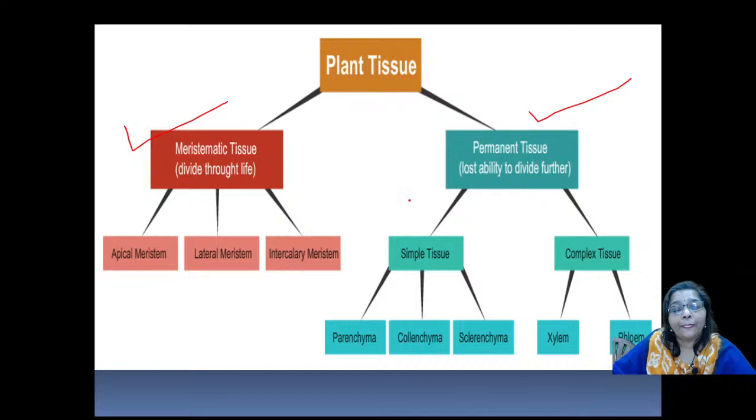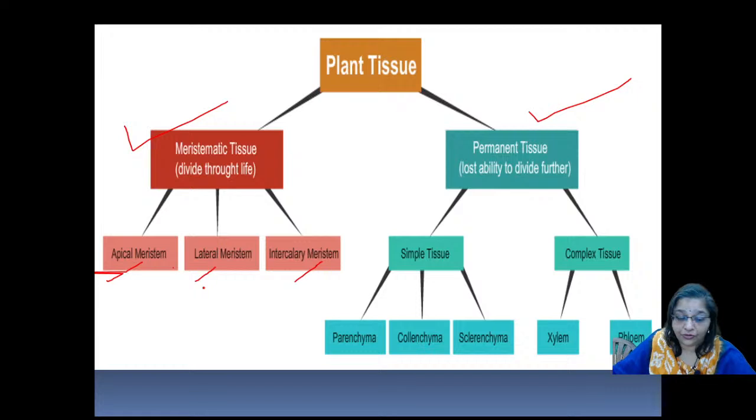Okay, now let us talk about the meristematic tissue. Meristematic tissues are of three different types based on their location. They are classified into three basic types. They are the apical meristem. You can see here, it has been written down here. Apical meristem, the lateral meristem, and the intercalary meristem. Apical meristem are found at the tips of the plant parts. They are the stem, roots, tips of branches, tips of leaves, and so on, of course, and